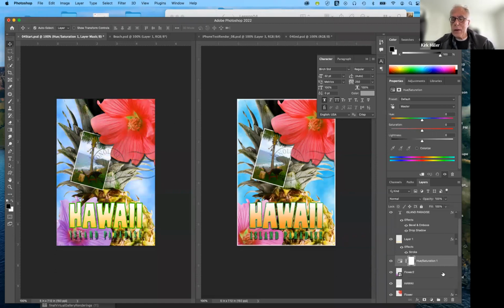I'm going to go ahead and move over in between, with my mouse, the hue saturation layer and flower 2. I'm going to hold down the Option or Alt key. And you'll notice how the icon changes. And by clicking on that, it insets it and it will affect only that particular layer beneath it. So now when I go ahead and I change the color of it,